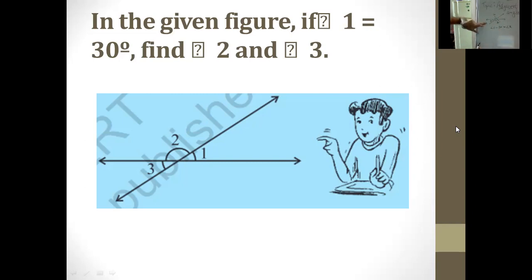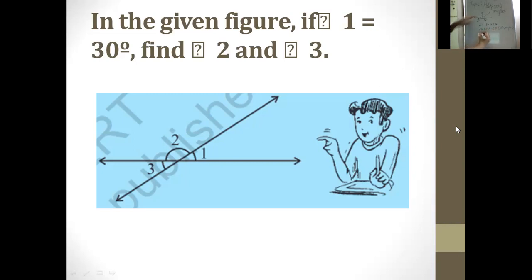They asked for the third angle. Now what about the third? We can do another thing also. We can apply some other condition. We could consider this line as a linear pair. We know that a linear pair makes an angle of 180 degrees. So angle 2 plus angle 3 equals 180 degrees, because it is a linear pair or straight line.